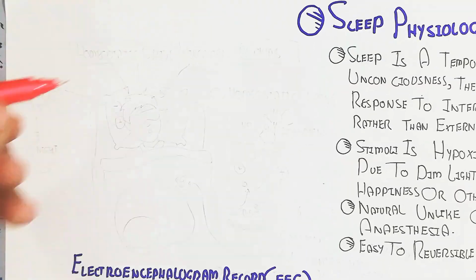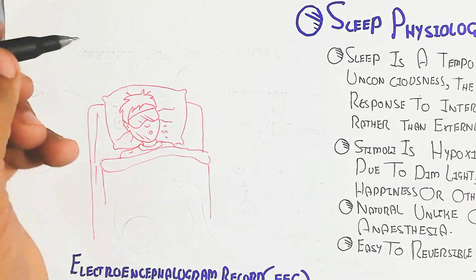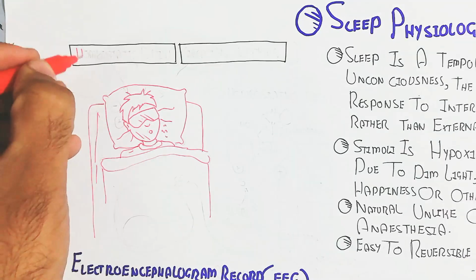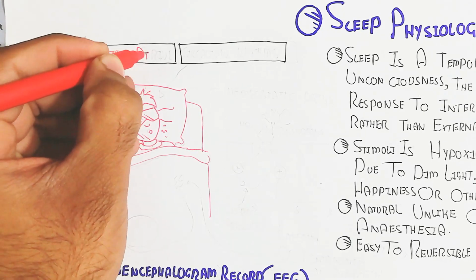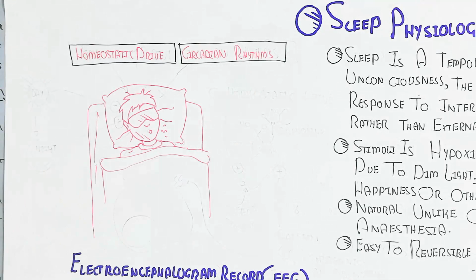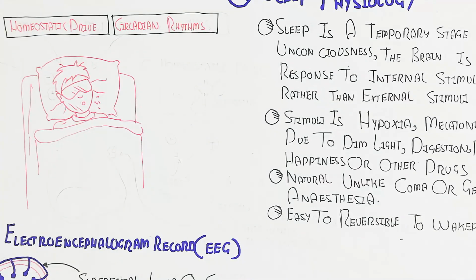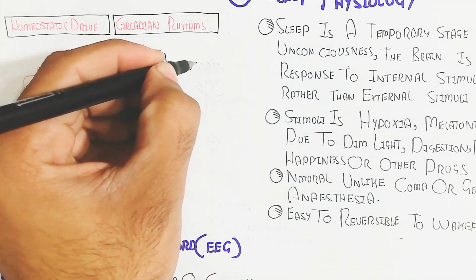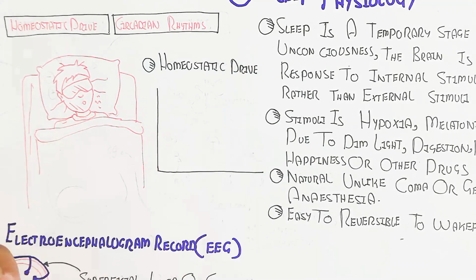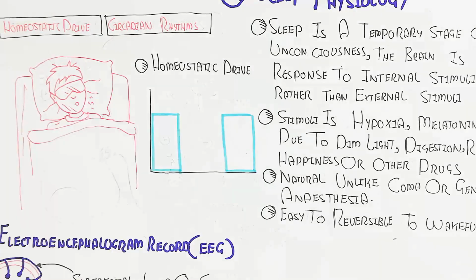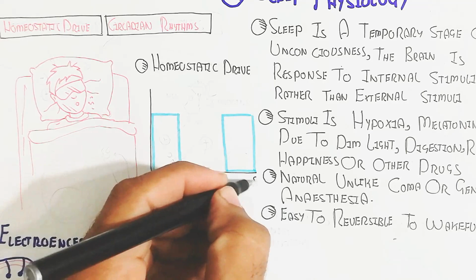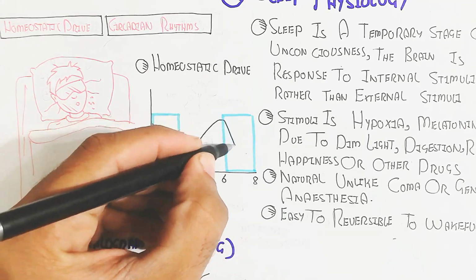Anyhow, let's begin to understand the homeostatic drive, and the circadian rhythm is also involved in the homeostasis of sleep. Let's begin to understand the homeostatic drive which stimulates sleep. The homeostatic drive is adenosine, and adenosine will increase sleep pressure. When sleep pressure increases, it leads to more sleepiness, and that is why adenosine binds with the specific part of the brain, the adenosine receptor.